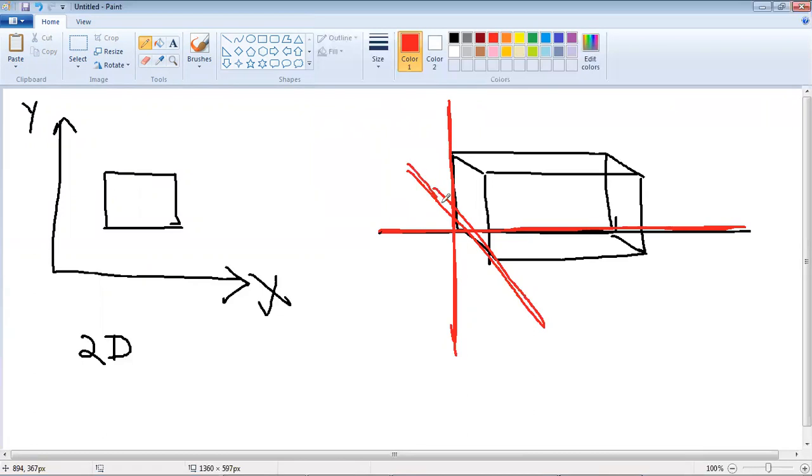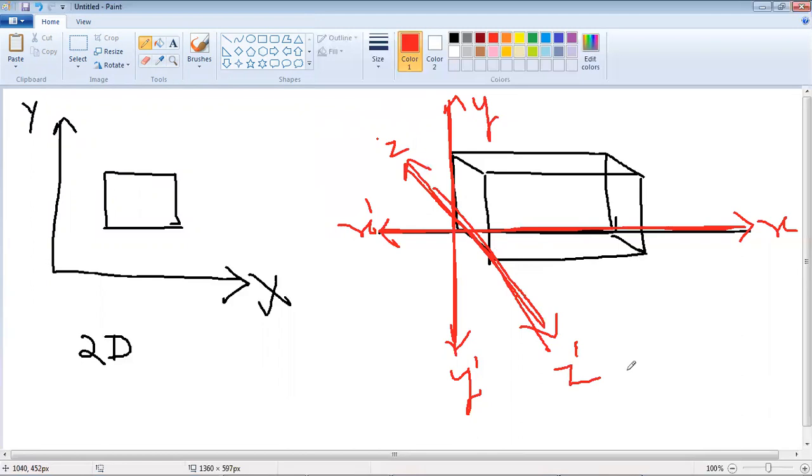So this is x, x dash, this is y, y dash, and this is your what? Z and Z dash. The opposite side is Z dash.